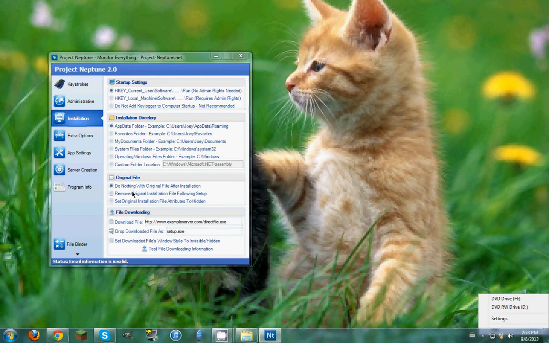The original file, either remove it or hide it, because if you double click it and then it gives you the error message that I'm going to show you in a little bit, then it just magically disappears. Either one of those, it'll just magically disappear, unless they are computer savvy and they have show hidden files on files and folders, then they'll see it. They'll get a little suspicious. So I suggest